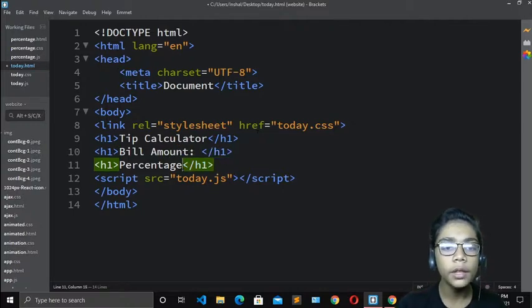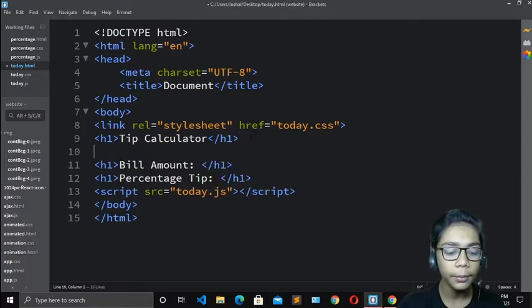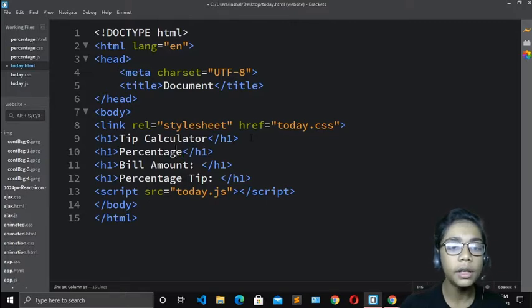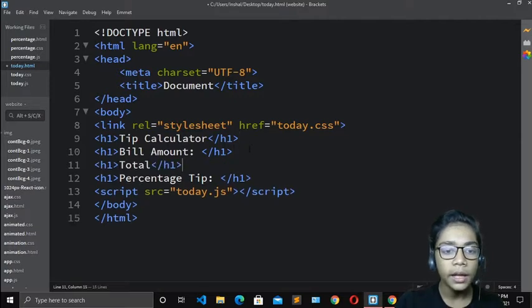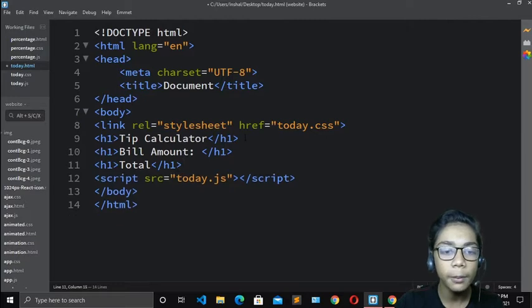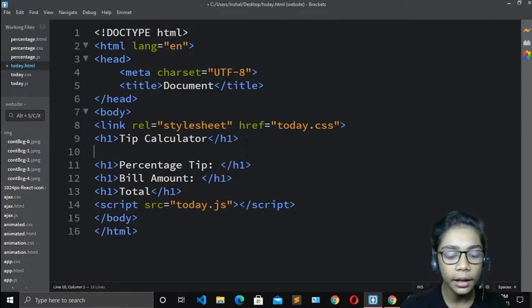When you've done that, you have to write percentage tip. So I will write percentage tip, and do it like that. Now come and paste that again, and over here I will write total. Write total here, and I will copy this total, because as I've shown you, my total was last. So I will take this total in last, and then I will copy this percentage tip and paste it above my bill amount which I have written. Then I will come on the top and over here you have to write bill.